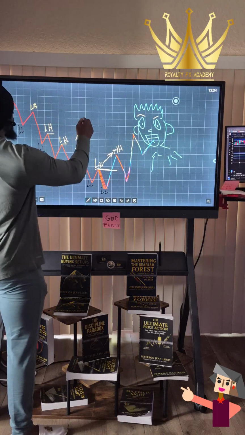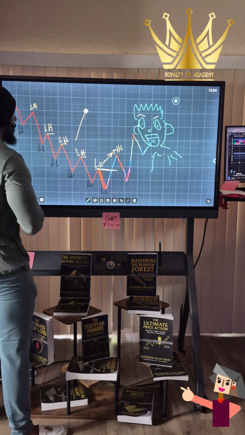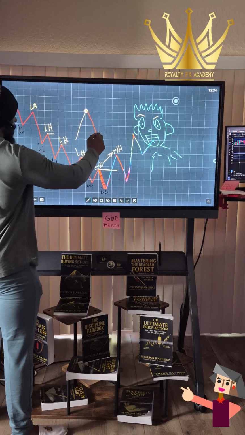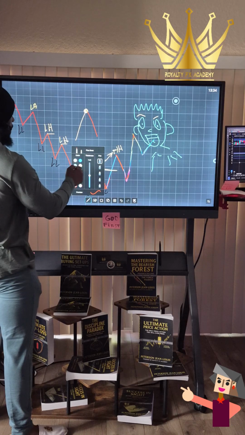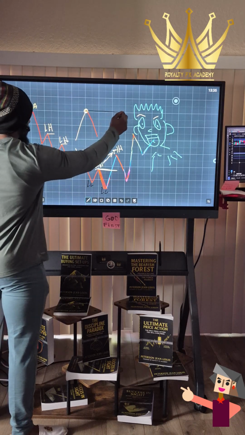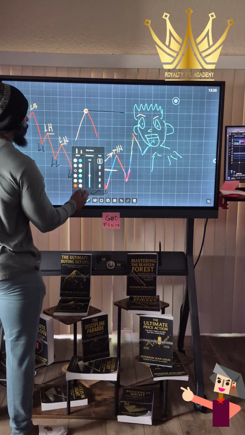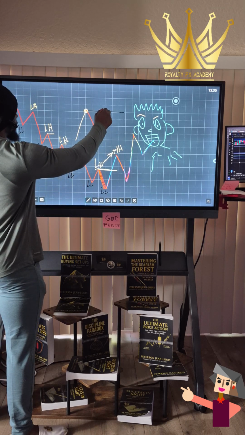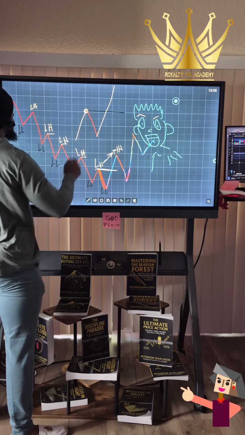Let's just say the market goes up and it stops right here, right? Cool. And it starts falling. Let's change the color, right? It starts falling. Awesome. Now, since it stops there, you're going to go ahead and put a zone. You're just going to mark it, right? Now, when and if, okay? When and if the market goes up and breaks through like so, right?